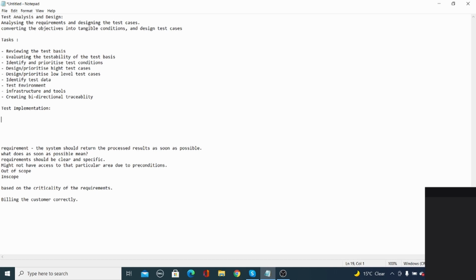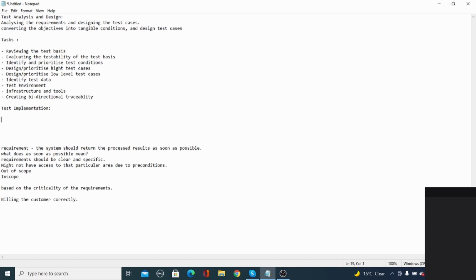So let me give you the definition of test implementation: the activity where test procedures or test scripts are specified by combining test cases in a particular order and including any other information needed for test execution. The environment is set up.